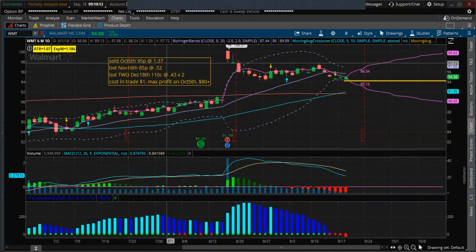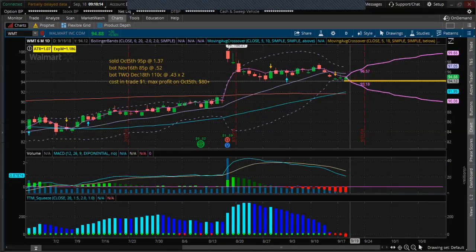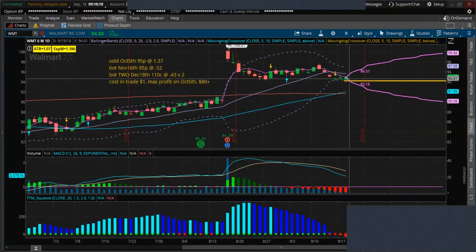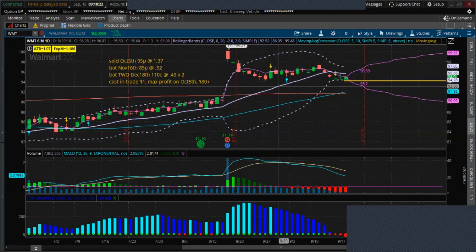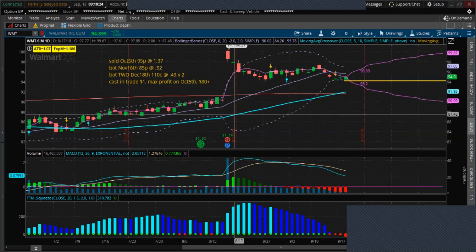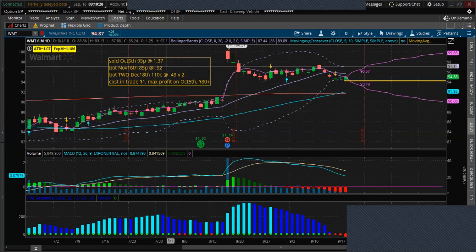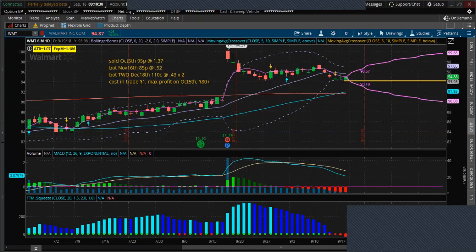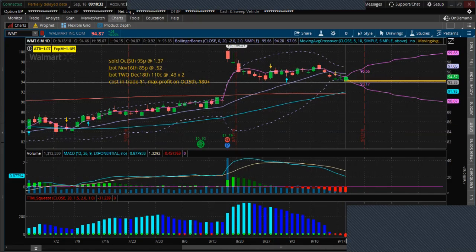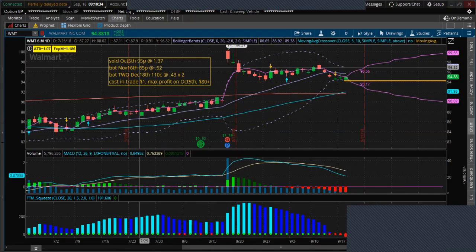It's at $1.37. Okay. So that means I don't think it's going to be below 95 come October 5th. It's probably going to bounce here and head on up. It's not going to go to 110 probably just yet, but you never know. And all right, so I sell that. Now I can't have unlimited losses here. So either I need to own 100 shares, or I can do the